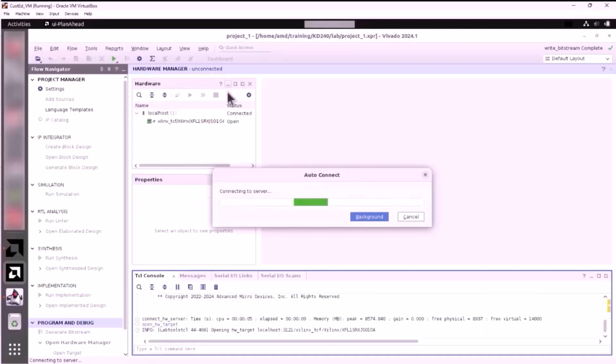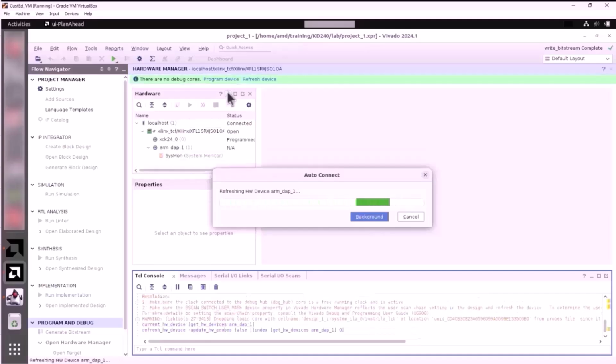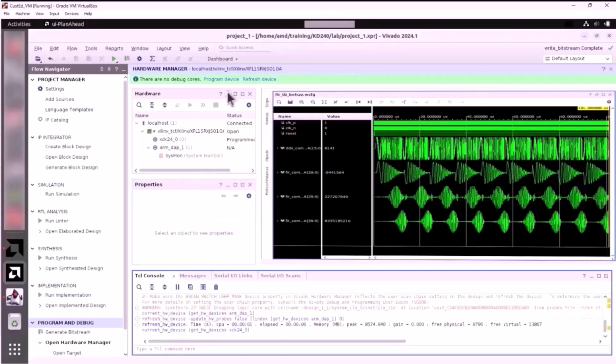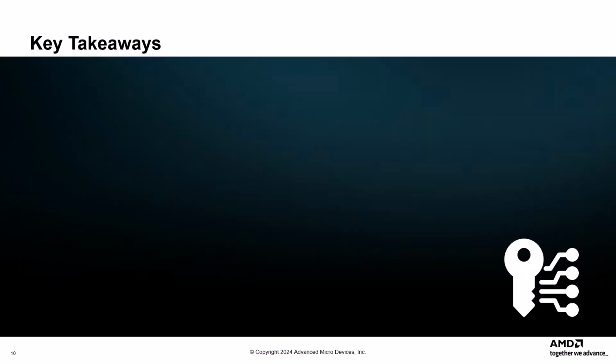Since the design is free-running in the PL, simply run the ILA to see the waveforms from the DDS and FIR compiler IPs. Note that you may sometimes encounter issues accessing ILA waveforms from the Vivado Hardware Manager. In such cases, you can refer to the reference waveform shown here. This verifies the FIR functionality both in simulation and on hardware. So, the key takeaways from this demo are: